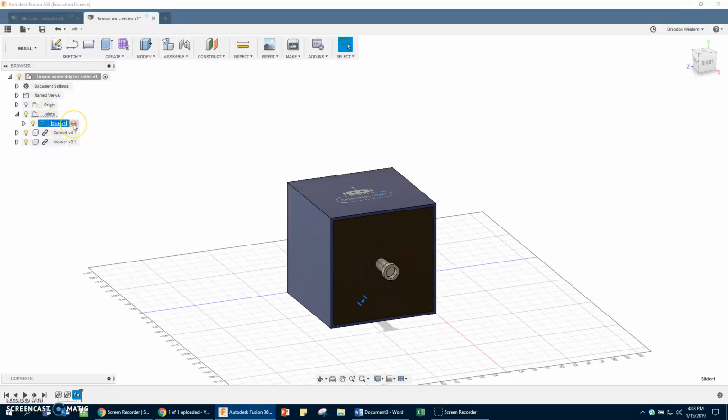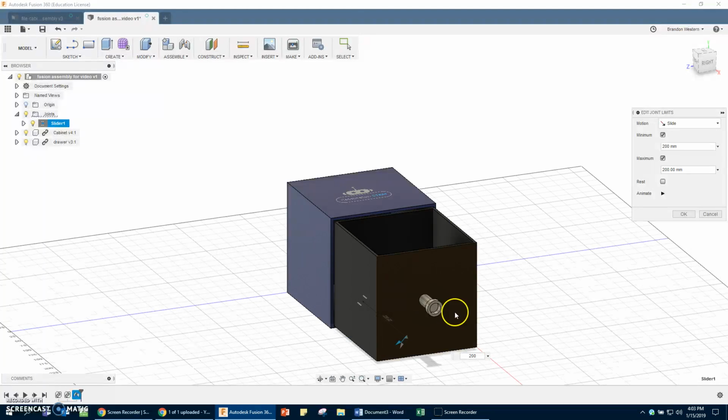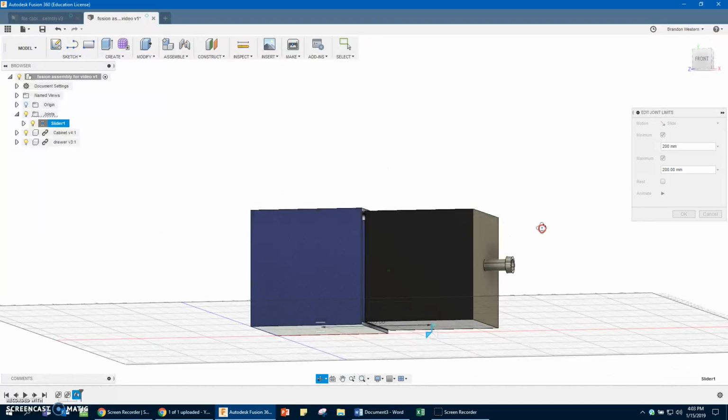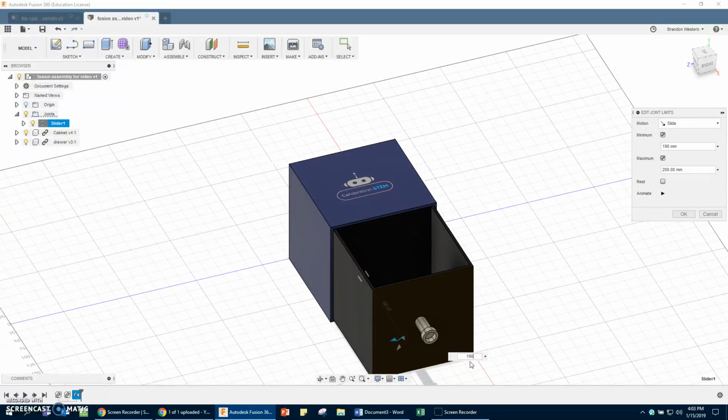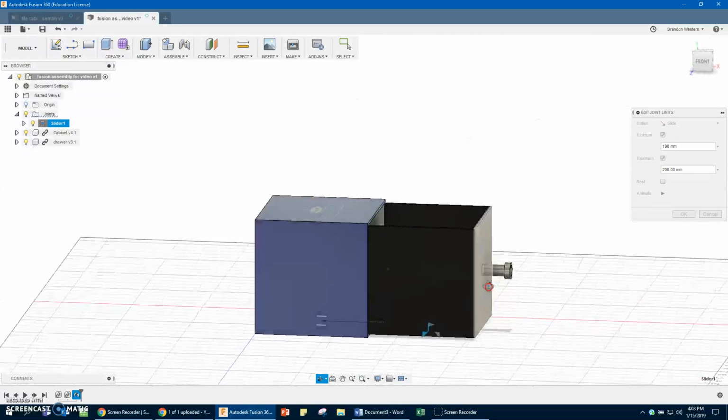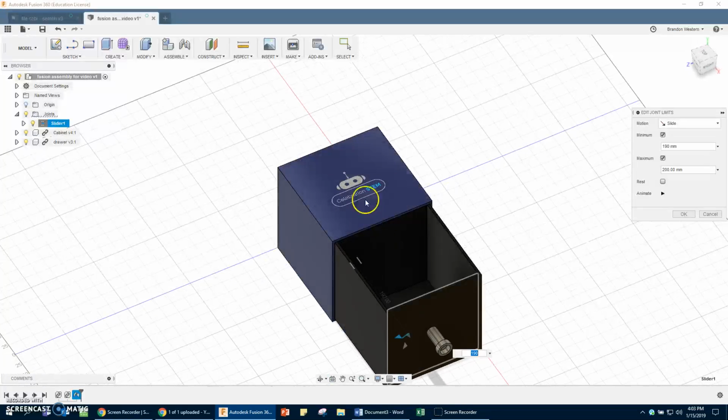Here's our slider. I'm going to right-click slider, and I'm going to edit the joint limits, basically how far it can move. So the minimum, I want it to be 0 where it's at. And the maximum, perhaps I want the maximum to be, if I said 200, that's out too far. If I looked at the side, it's falling out of the cabinet. I don't want that. So let's say 190, which is about to the very edge. Let's pretend that there's actually something in there to prevent that, so let's just say 180 for good measure,